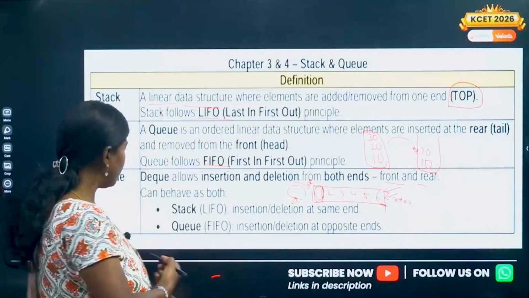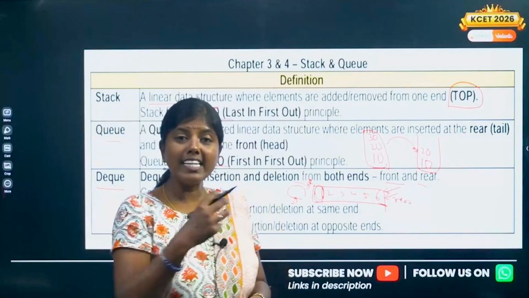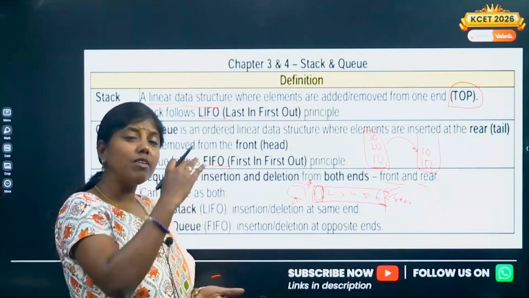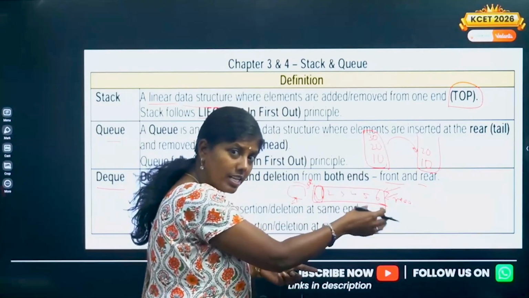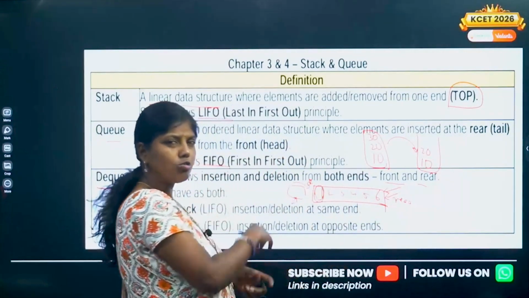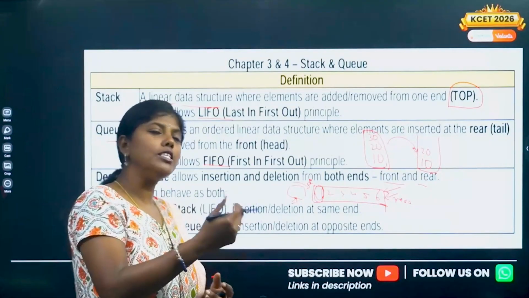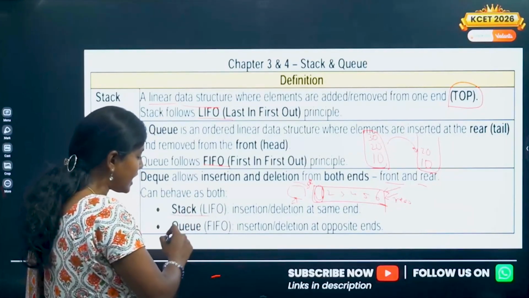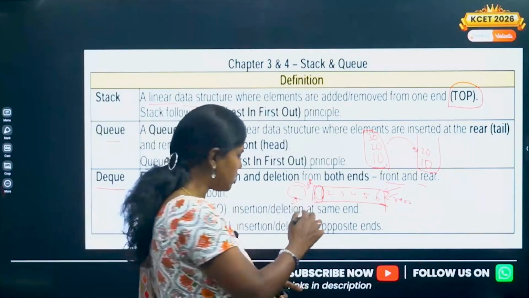Similarly, here we call it a deck. So, what is a deck? A deck is basically insertion and removal of elements from both the ends. Insertion takes place from the rear end and from the front end. Deletion takes place from the rear end and also from the front end. Both insertion and deletion take place from both the ends. We call it a deck. This can be used to implement even a stack as well as a queue. If you restrict any 2 operations out of all the 4 operations, it becomes a stack.